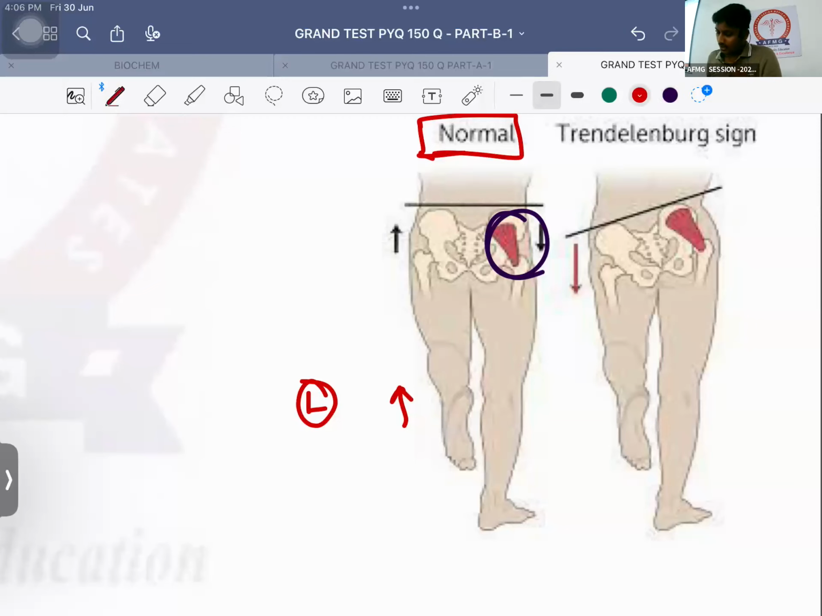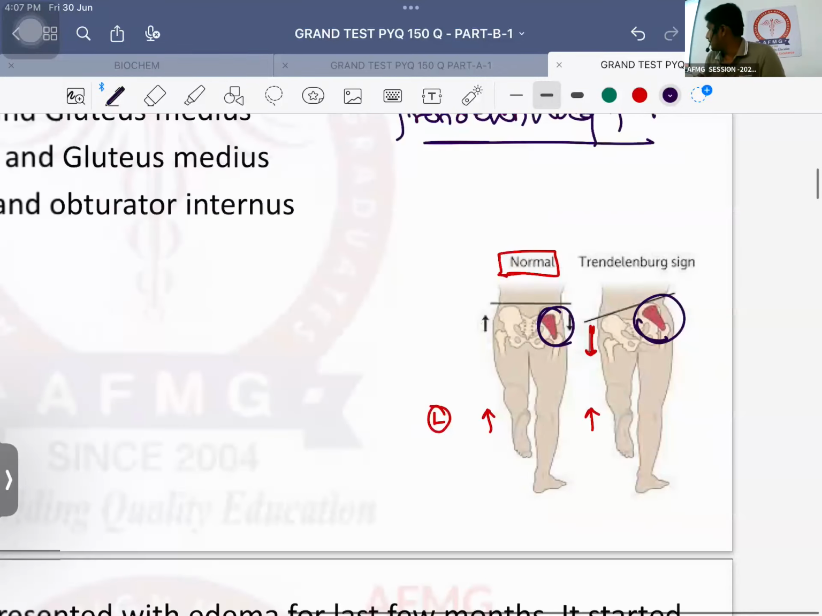But now in this case, you are lifting which leg? Left leg, and the pelvis is drooping down on the left side. As the pelvis is drooping down on the left side, that means which muscles are weak? Right sided gluteus medius and right sided gluteus minimus. And gluteus medius and gluteus minimus, definitely both are innervated by